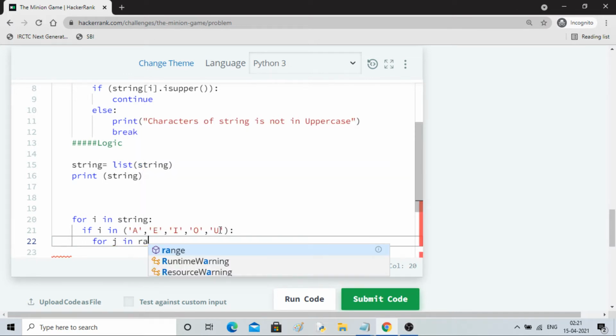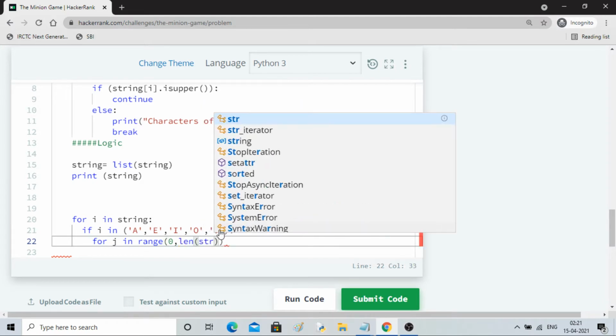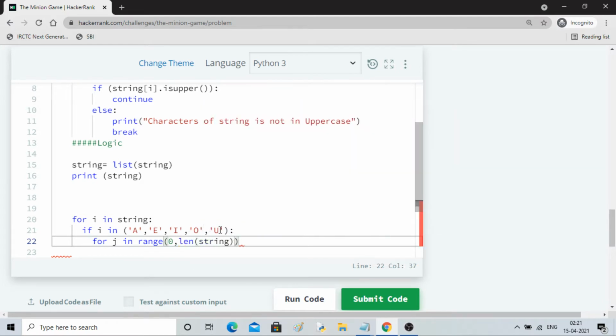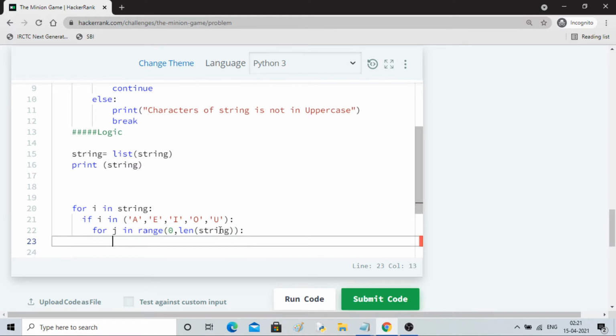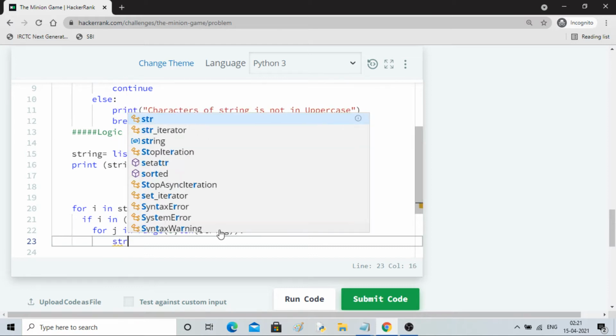j in range 0 to length of string, and I will append all the letters.